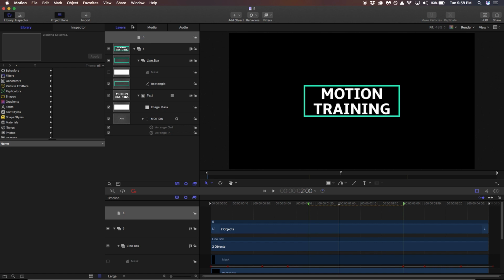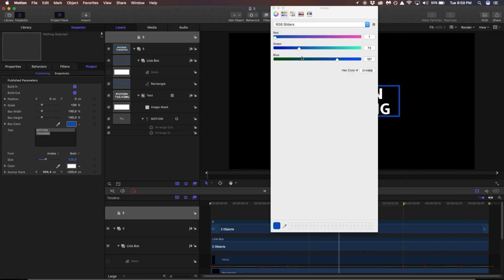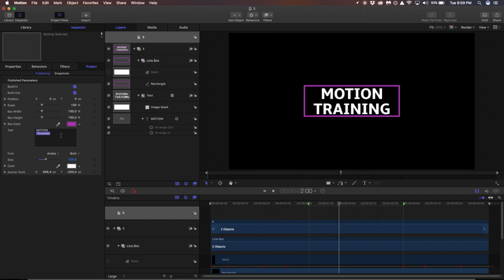Obviously I realize Motion can be quite daunting for some Final Cut Pro users anyway, but all we need to do is just go into Inspector, and what you'll find straight away is the same published parameters that we would have found for this title in Final Cut Pro. So let's say we've got a different color here for the box, like purple, something like that. And let's say that this is actually the name of a particular segment that we often have. So I'm just going to click Command A to select all, hit backspace,